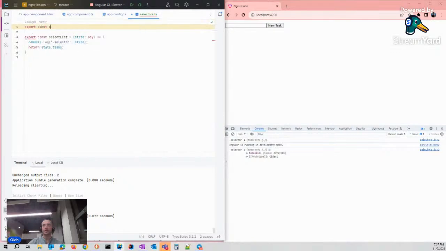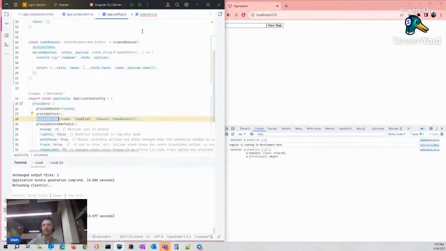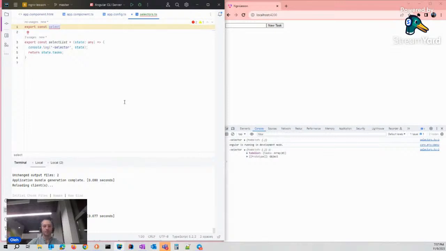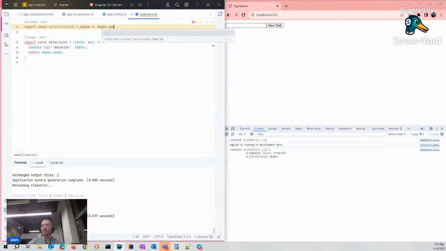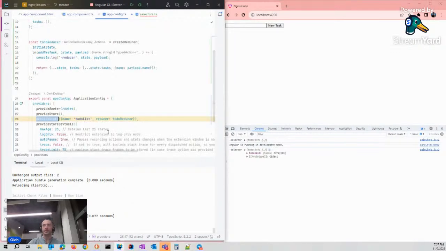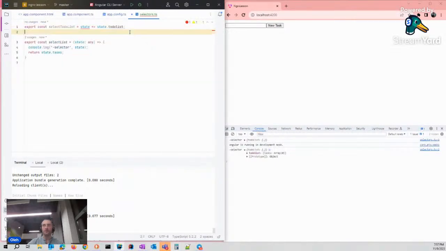Export first, select to-do list. To-do list, that's a function. State that returns the state's to-do list object. The to-do list object we have created with this name. Second one.